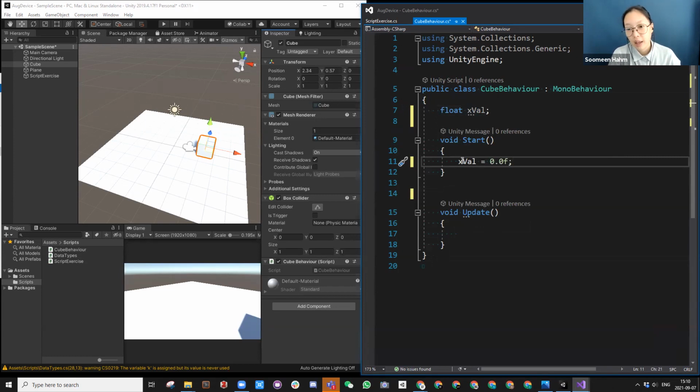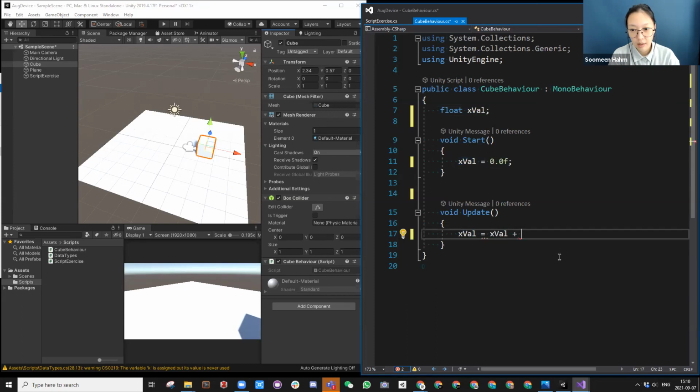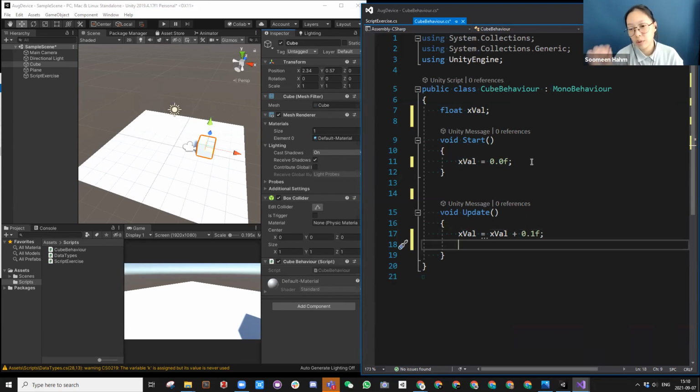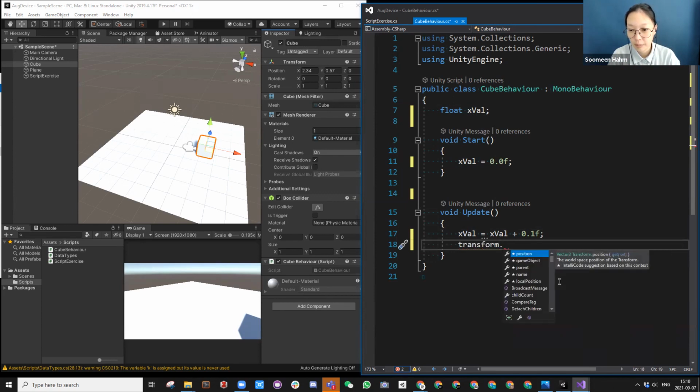All right. And I'm going to let the X value update a little bit, 0.1f every time. You can minus as well. Okay, so this value is going to change. But not only changing the value itself, we need to use that as a position value, isn't it? So in order to do that, because now this cube behavior is under the cube itself, you can say transform.position is